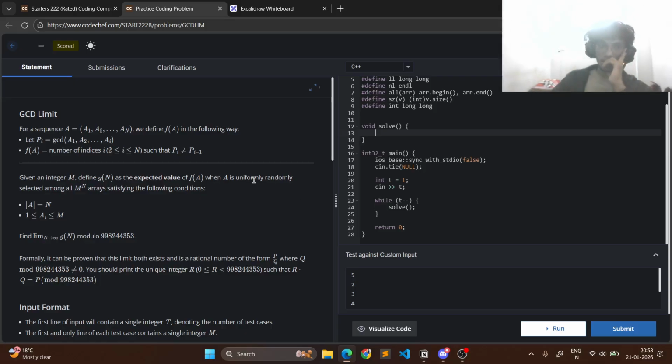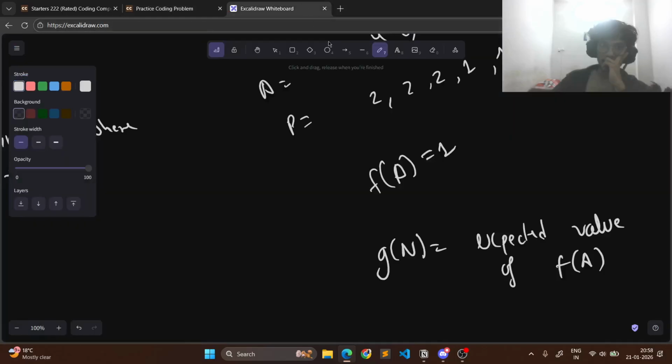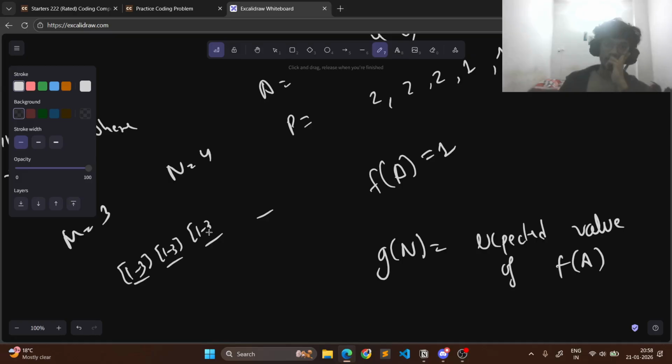Oh, so this is expected value and all the possible combinations of a are taken. So if m is, let's say, 3 and n is 4, so we have 4 places, and then it could have from 1 to 3 elements. So 1 2 3, and then 1 2 3 and 1 2 3. Alright, so every element has m choices and it has total n elements, so this is m to the n choices,